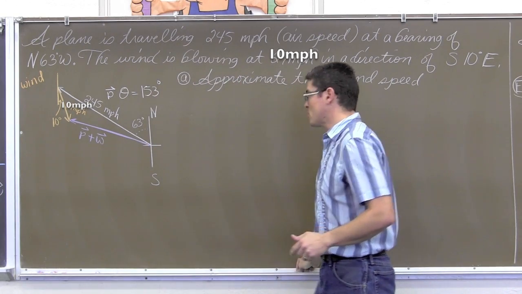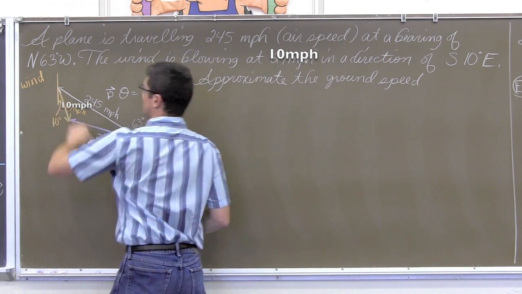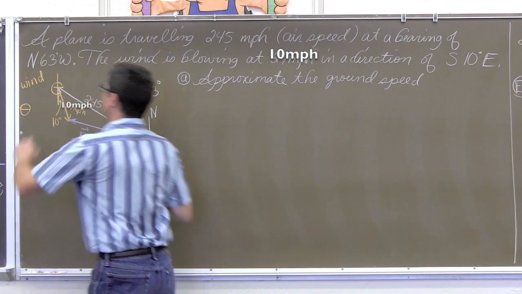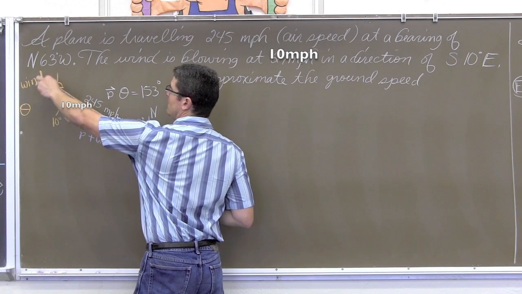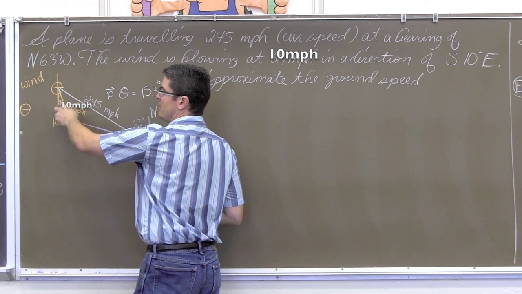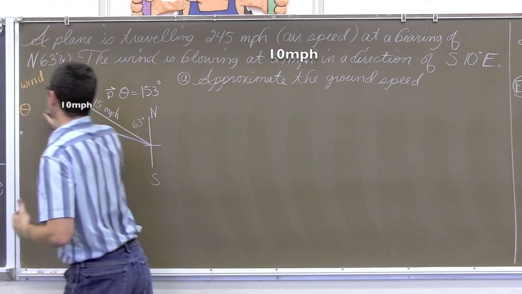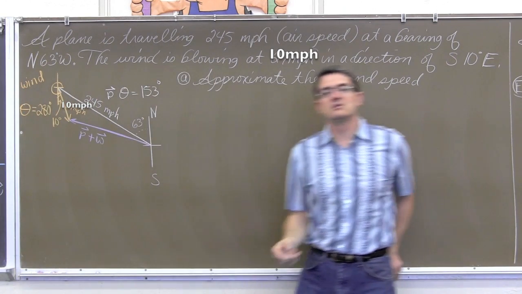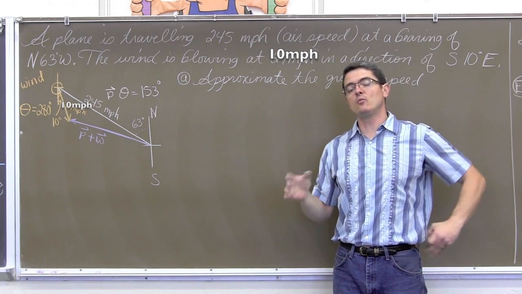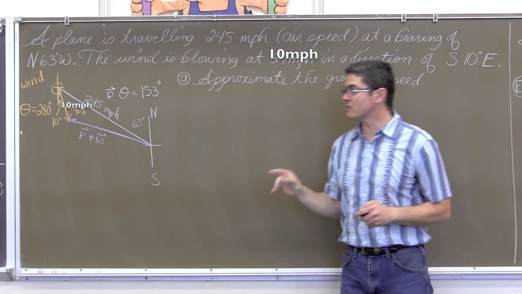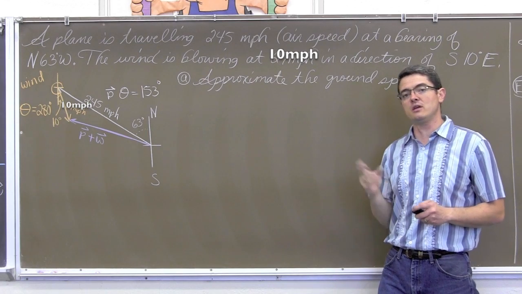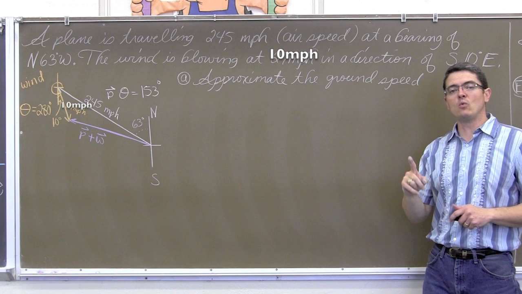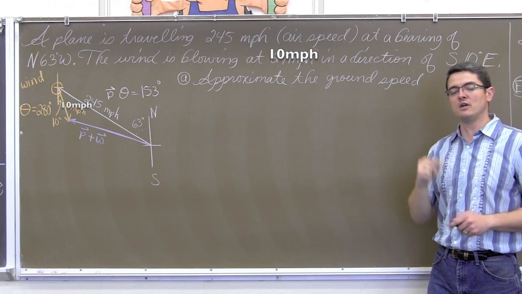The wind is going to have, now see where the wind is? That wind angle has to rotate all the way around, and from 0 you go to 90, 180, 270, an additional 10 degrees. So the direction for the wind is 280 degrees. So we have our diagram set up. We need to change our vectors from magnitude and direction into the horizontal and vertical components. Let's see if you can do that. One for the plane and of course one for the wind.